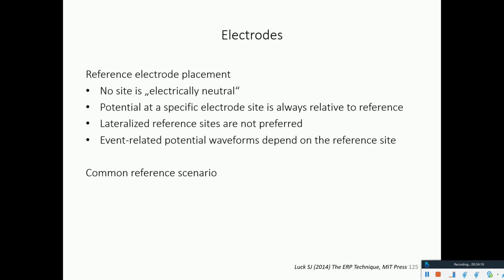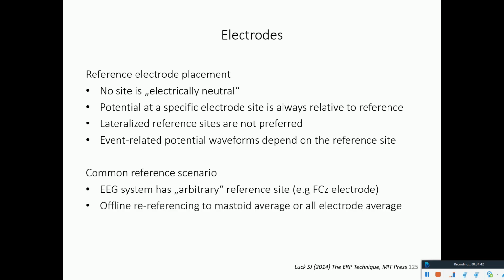So one should just be aware that every event-related potential waveform that one looks at depends on the reference site, even if one does pre-processing. The common reference scenario that is currently used is that the recording itself works with some arbitrary reference site. For example, in the Brain Vision ActiCaps, the FCz electrode. And then